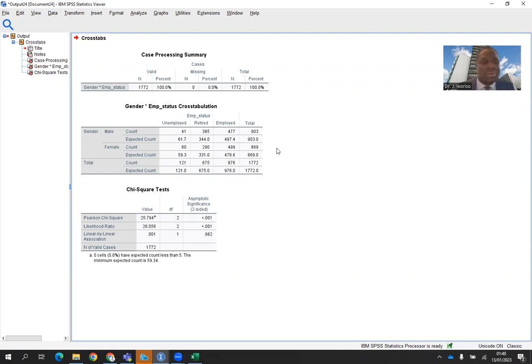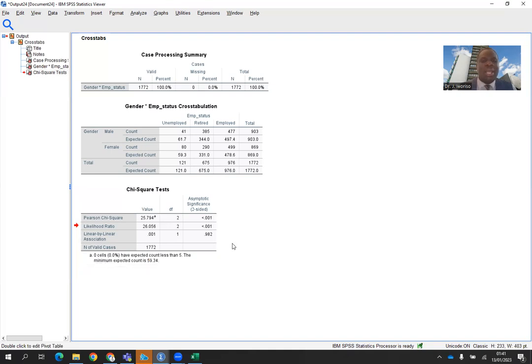So if this is done, then of course, we can obtain this result. But you could see that the software makes it faster than doing it by hand. All right, moving on to the chi-square test, which is the result we want. From this result here, now the Pearson chi-square, the likelihood ratio, linear by linear association, and then the number of